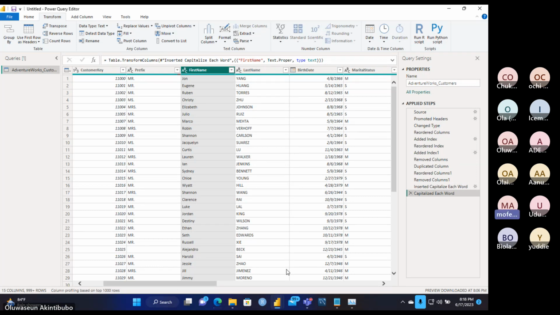Please, Mr. Ashok, I'm so sorry, but I don't know how to put an index. I didn't learn that in SQL. I've also made a mistake in my customer key, and suddenly everything is just showing error. Okay, hold on. Can you see my screen? Yes, I can. Trace the step that did that from your applied steps, and just cancel that step.